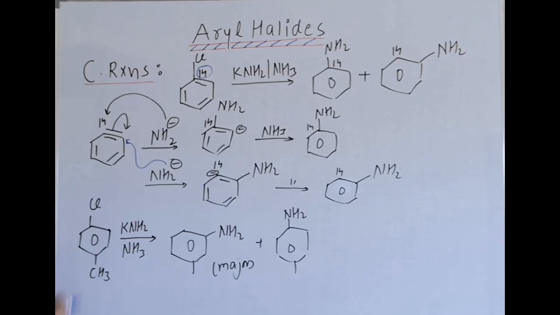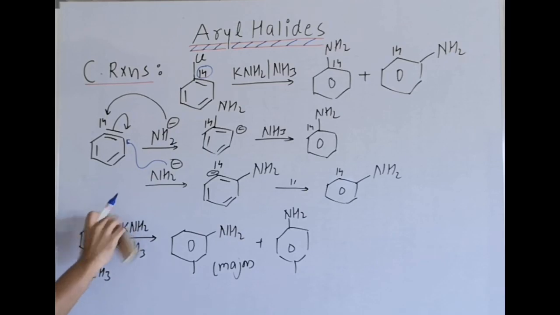How? In this case, if I am writing the intermediate like this, clear? This is the benzyne intermediate in which a triple bond is formed. This triple bond is sp2-sp2 overlap, not pp overlap. Those are the characteristics of the benzyne intermediate. Now here the possibilities are two. The bonds can shift here, or it can shift here also. Both are possible, right?